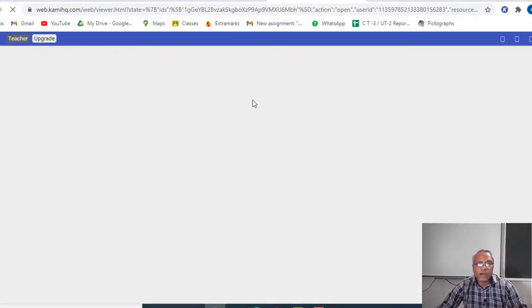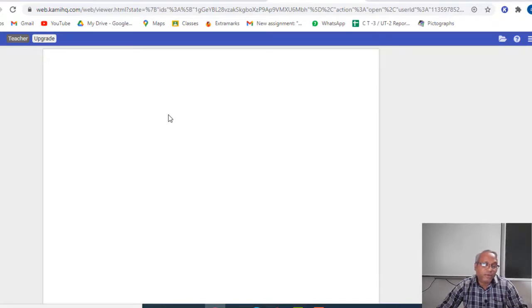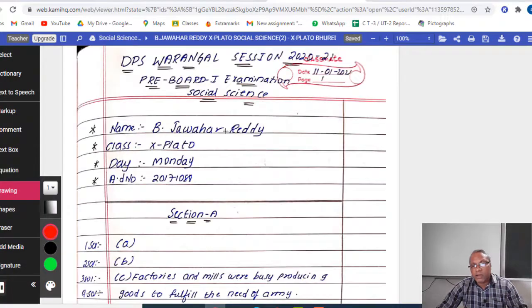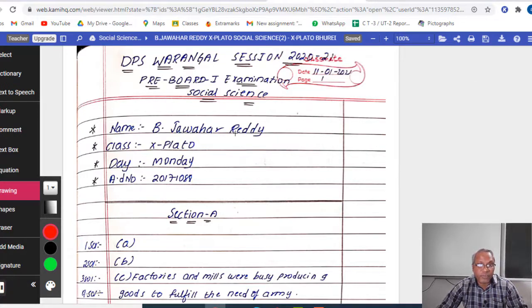Now I will have the option of choosing a pen, correcting, and saving it. The same file will also be opened by the ma'am who will be correcting the geography and economics part. I will be correcting the history and civics or democratic politics part.